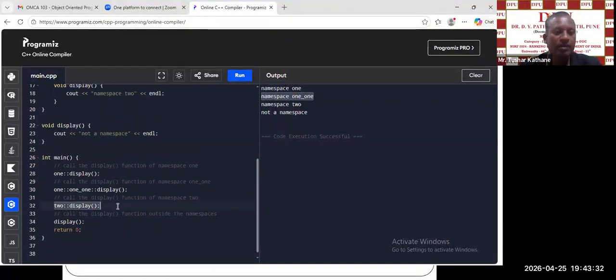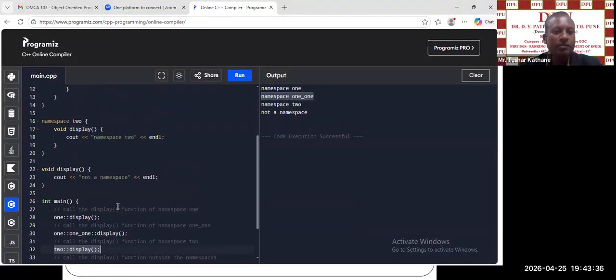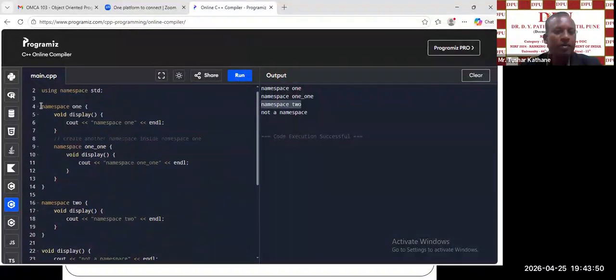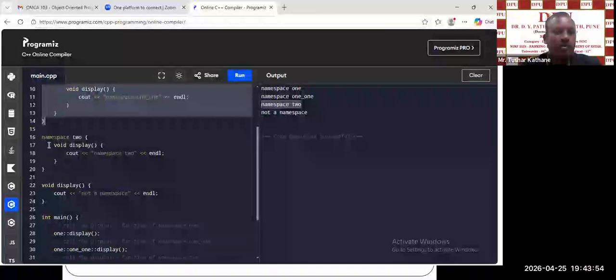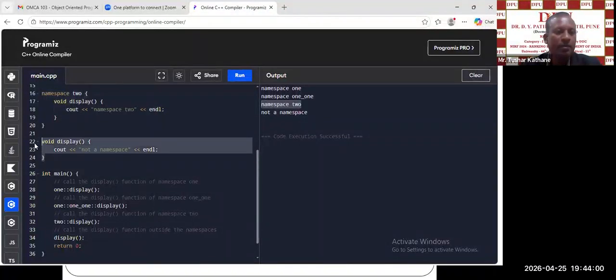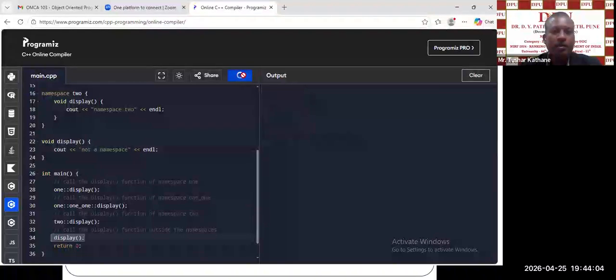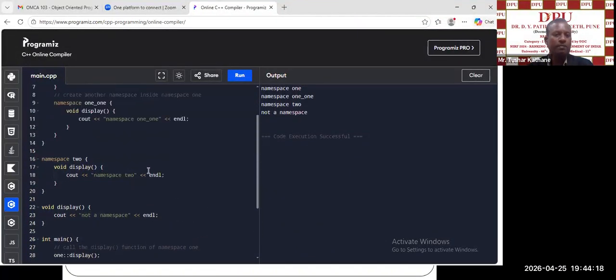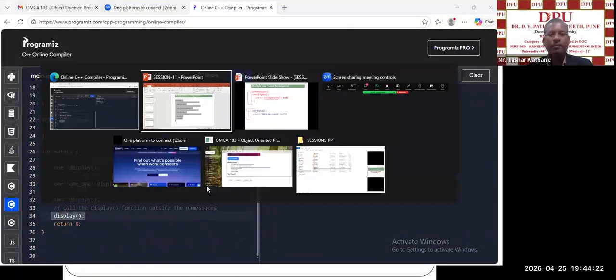Similarly, for the third one, now this is 2, the scope resolution operator, and display. It will invoke the display function which belongs to namespace 2, so it will print namespace 2. And at last, we have just called the display function without using any namespace name. So definitely it will not check any of the namespaces, neither this one nor this two. Instead, it will check globally outside whether there is any function with the name display. It finds this display function and it will execute. Okay. So you can use multiple functions with the same name, but you can separate them by using namespaces, as we have shown in this program. Okay. Now moving ahead,